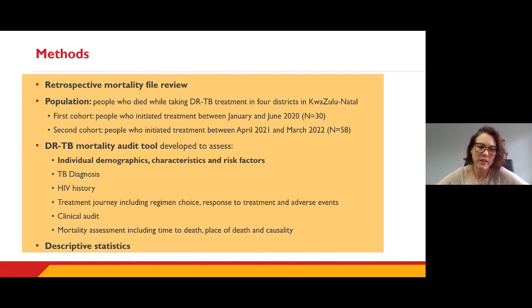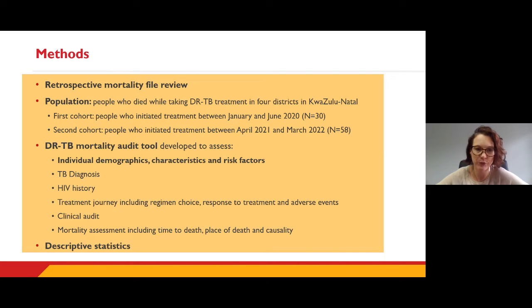So in order to do that, we carried out retrospective mortality file reviews. The population we looked at was people who died while they were taking drug-resistant TB treatment in 4 districts in KwaZulu-Natal. We conducted 2 rounds of this. The first was a cohort from 2020, people who initiated treatment between January and June 2020, and we were able to look at 30 files from that cohort. The second cohort were people who initiated treatment between April 2021